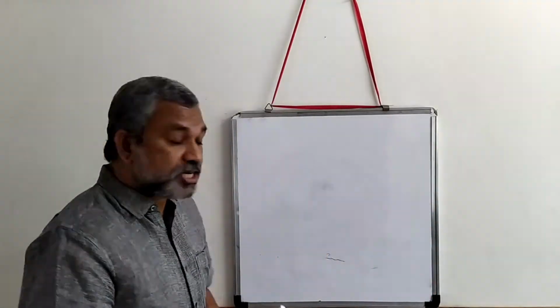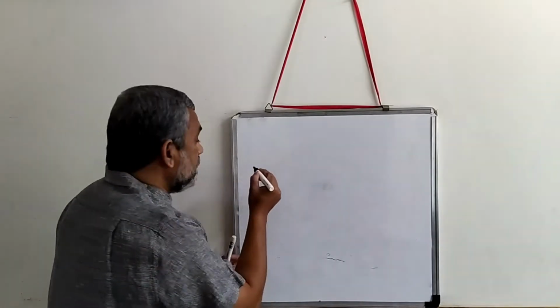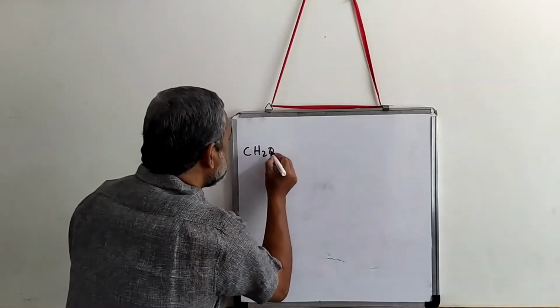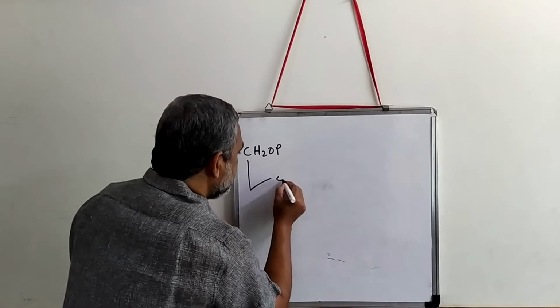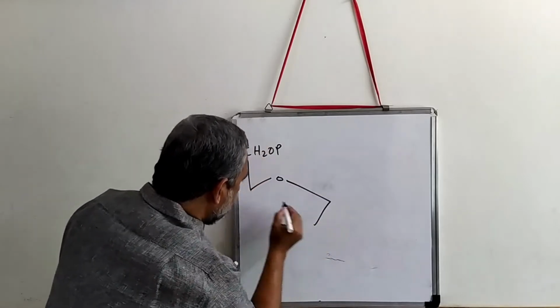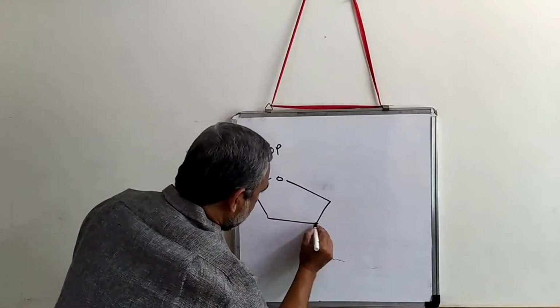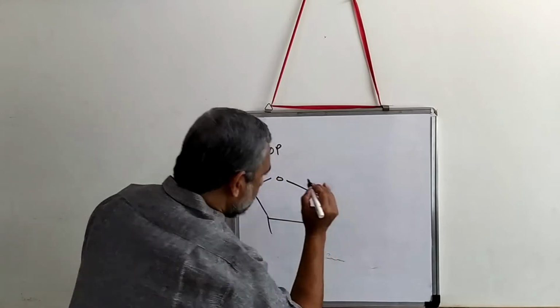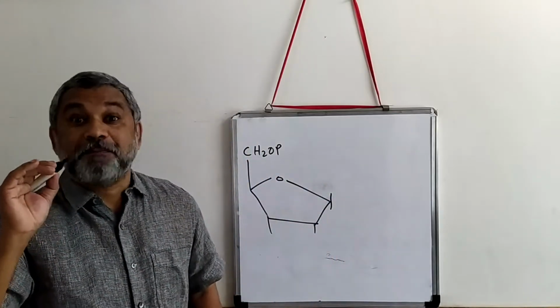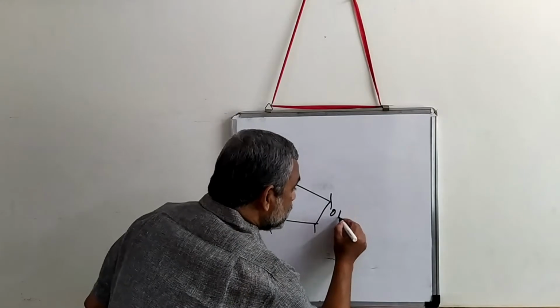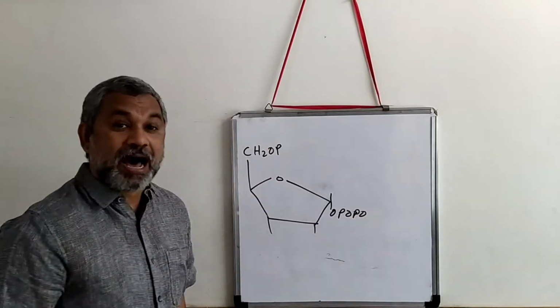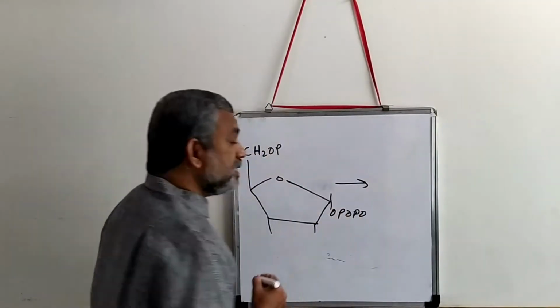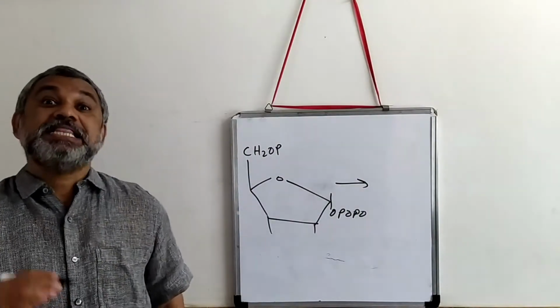In the construction of the imidazole ring, the next step begins with CH2OP. We have the PRPP, this is OP, OPO, PRPP. To that, what will happen is